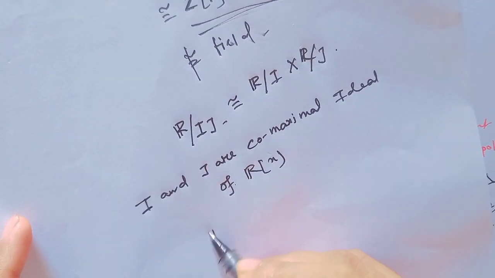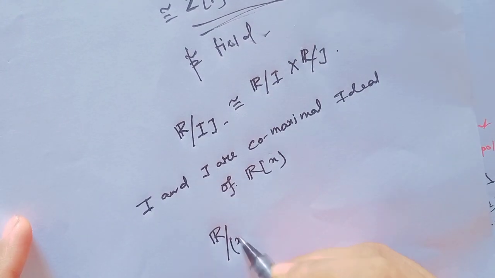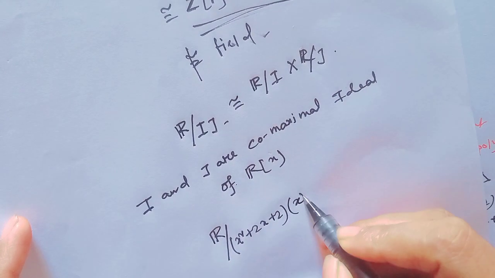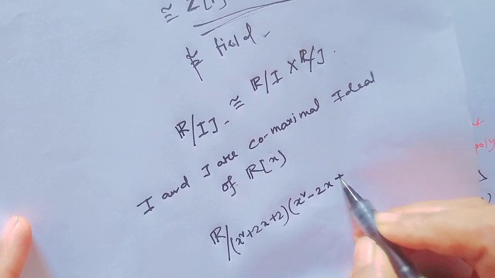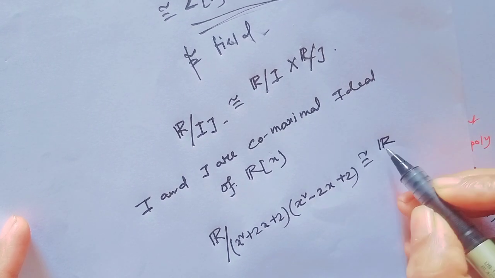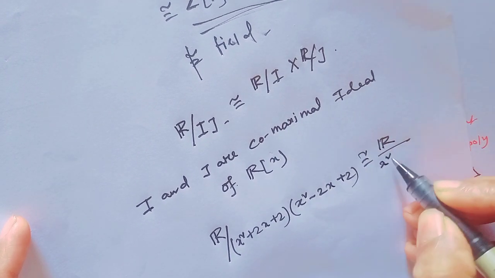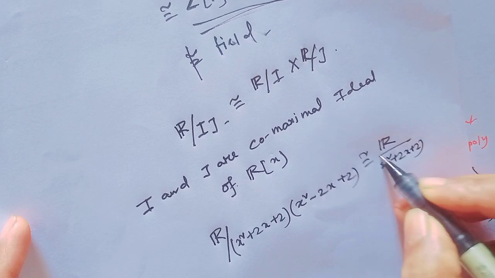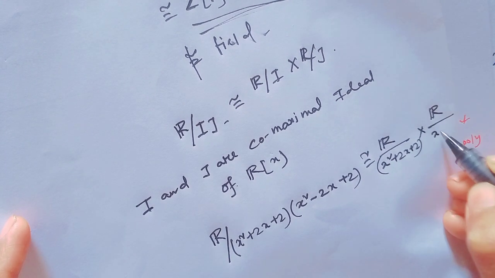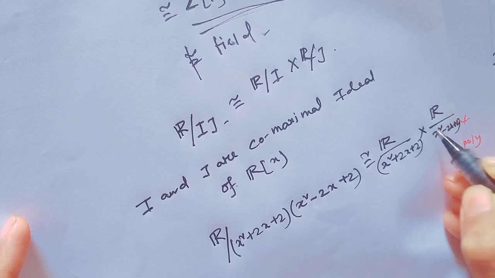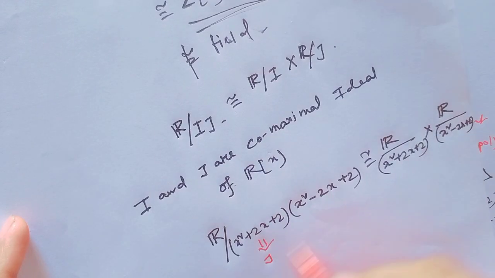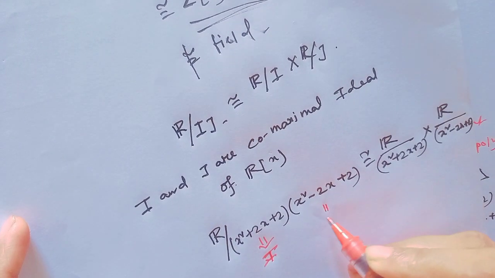Here I equals x² + 2x + 2 and J equals x² − 2x + 2. This is isomorphic to R[x] modulo x² + 2x + 2 cross R[x] modulo x² − 2x + 2, where this is I and this is J,